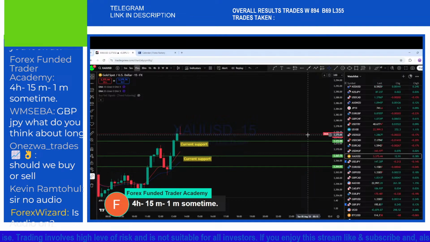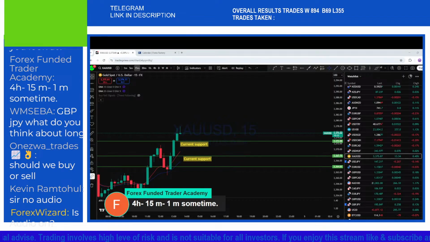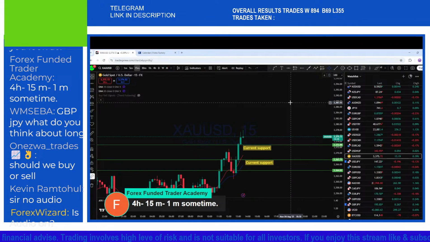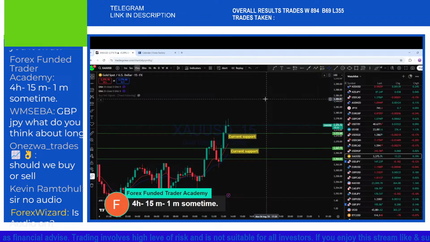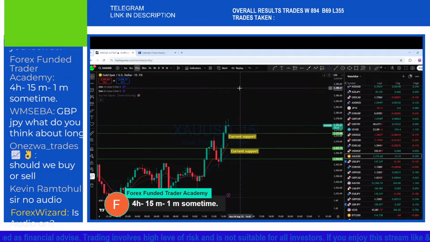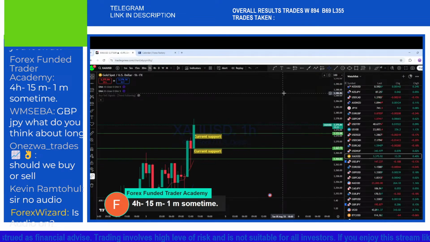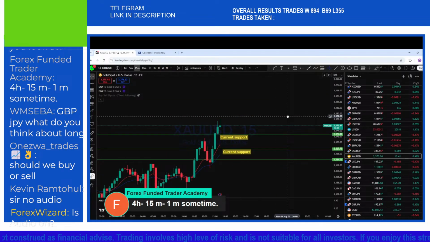Today's session, I'm almost nearly at the end of this session. Tomorrow coming on twice, and someday we may not have a trading opportunity. Today we see that the market is in a very strong trend. We need to see a break of structure for an entry. As soon as we find an entry, we will be looking into that.